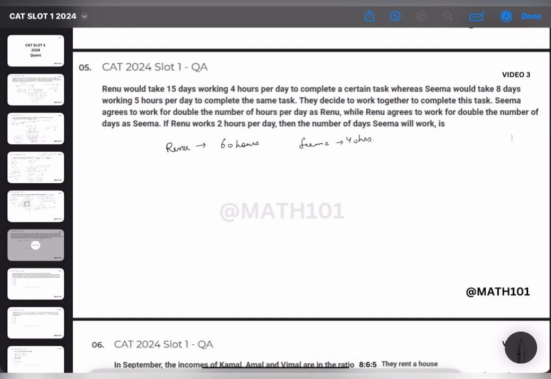If Renu does x amount of work in an hour, then Seema does 3x by 2 amount of work in an hour, and total work is 60x,